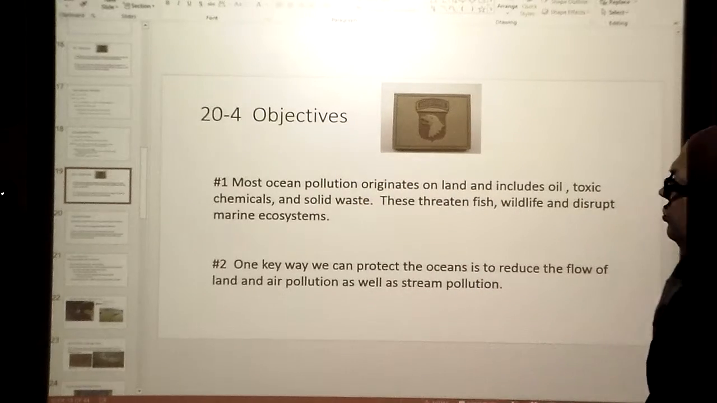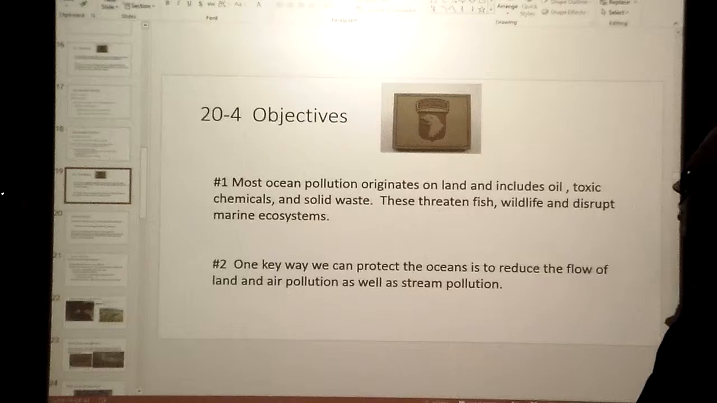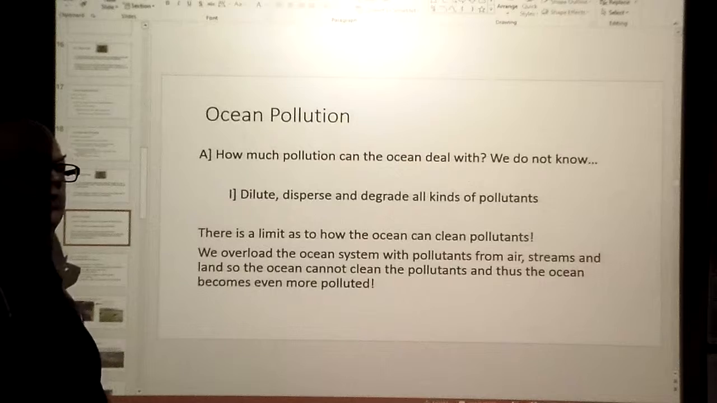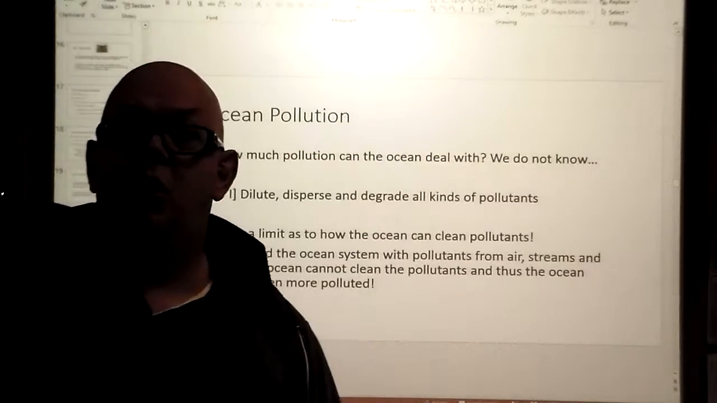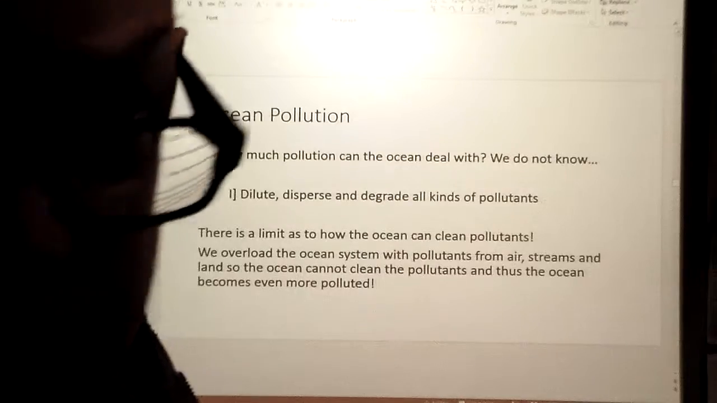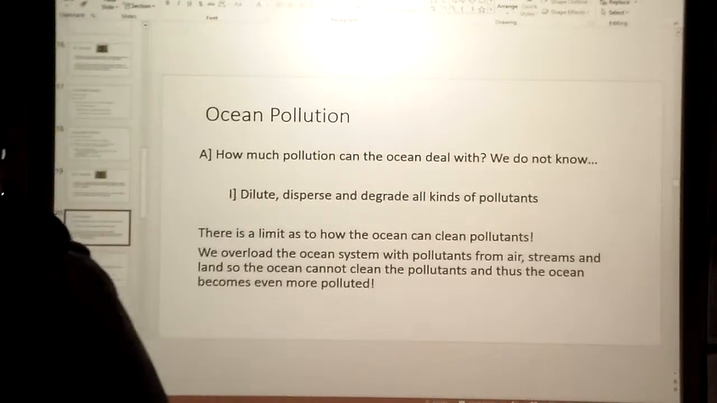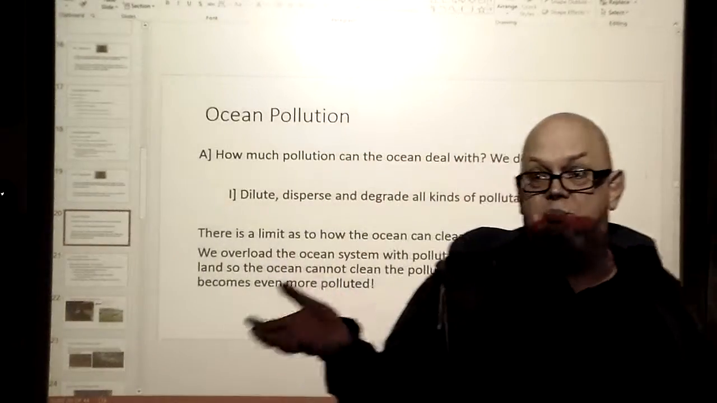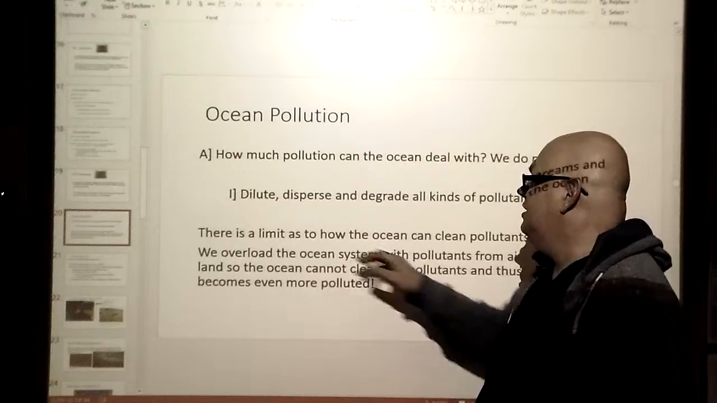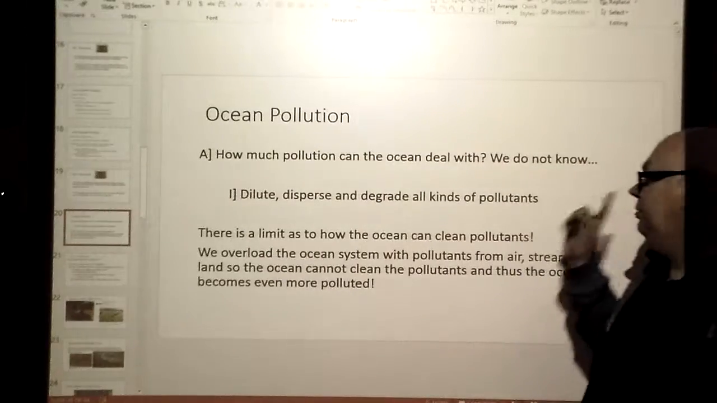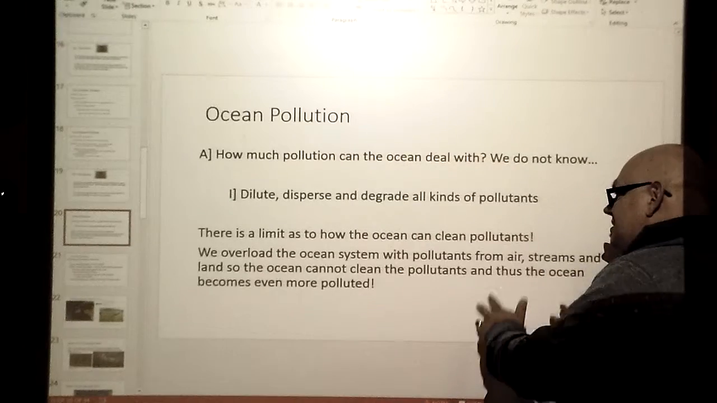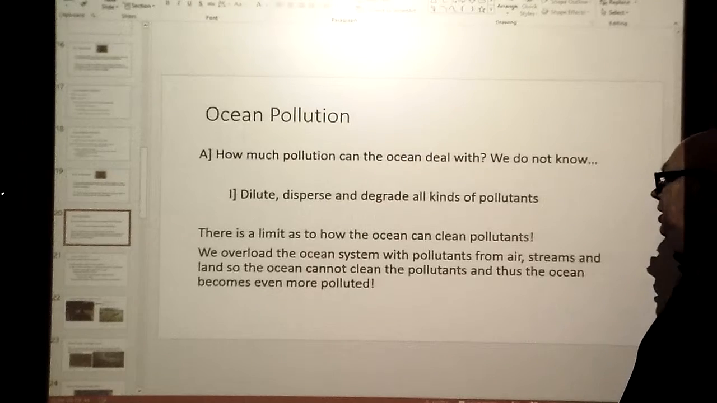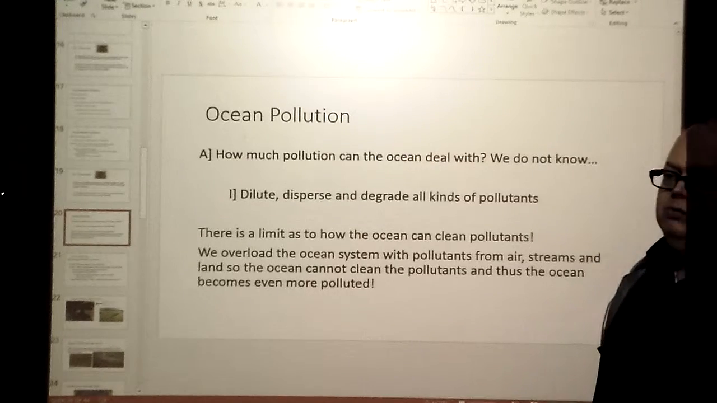We got to look at ocean pollution, okay? So with that, we got to get into how much pollution the ocean can deal with. The reality is we don't know, because the ocean is so dynamic as a place. It dilutes, disperses, and degrades all kinds of pollutants. Well, that's true. It does. It's pretty vast. But the problem is there's a limit as to how much the ocean can clean. If we're overloading the system with pollutants from the air, the streams, and the land, the ocean's not going to be able to clean it up,